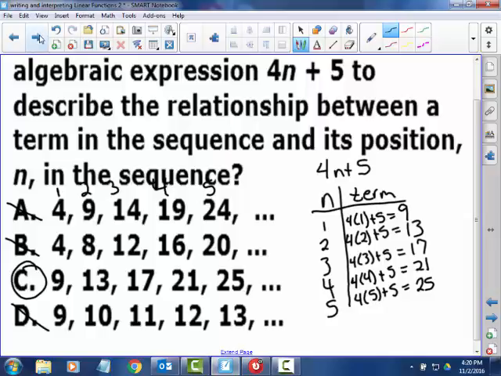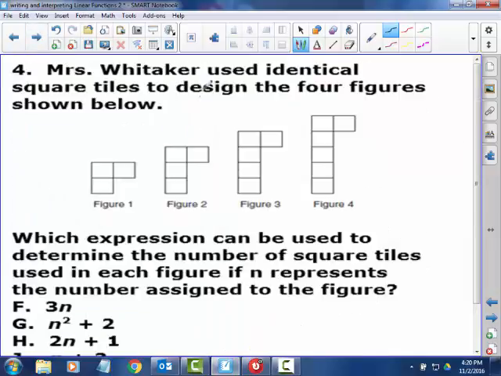Let's check out another one. Mrs. Whitaker used identical square tiles to design the 4 figures shown below. Which expression can be used to determine the number of square tiles used in each figure if n represents the number assigned to the figure? Okay, so this is n is 1, n is 2, n is 3, n is 4, and we have 1,